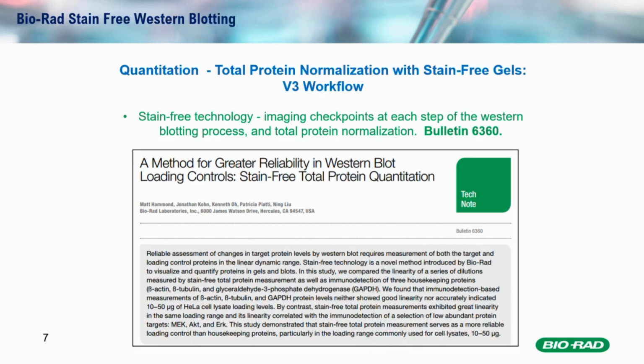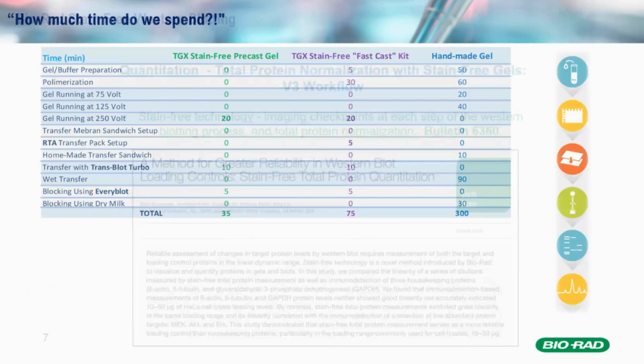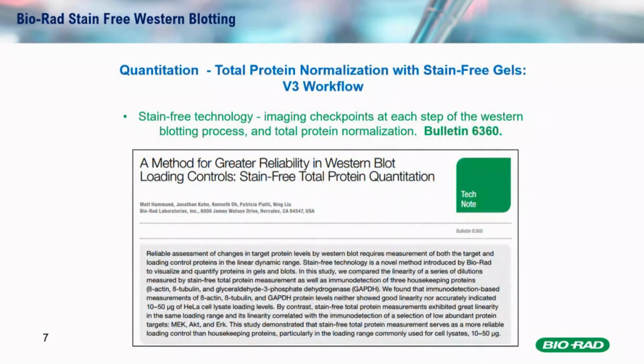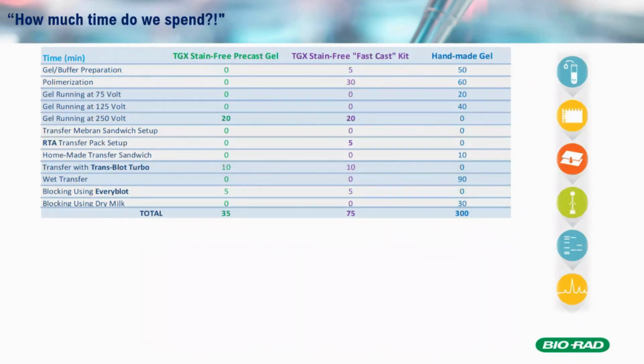So how can we help? We have a technical note on how to use total protein normalization to get better, or reliable, results from your Western blotting experiment. We will be able to share this document with you by email, but I would like to touch on another point,